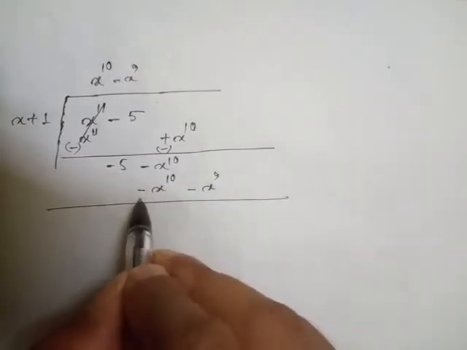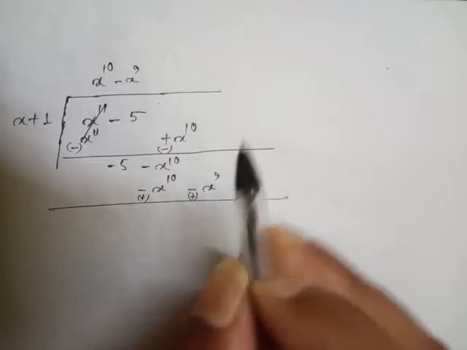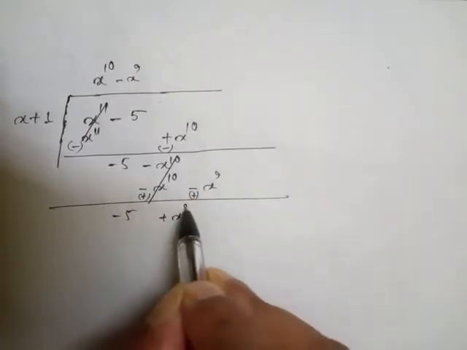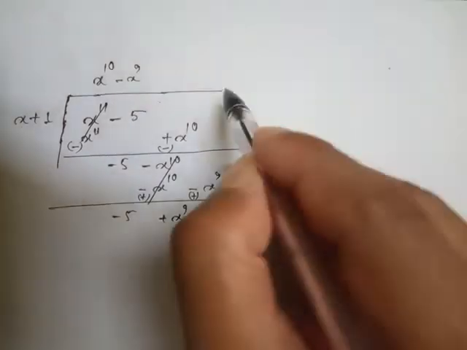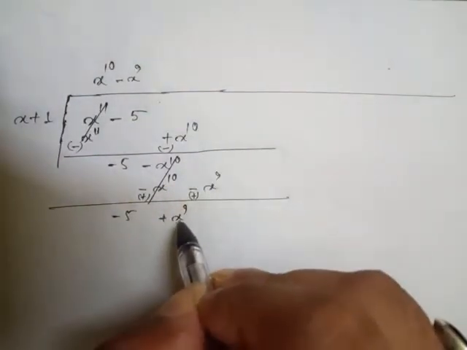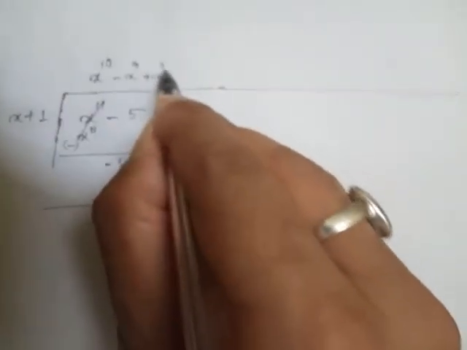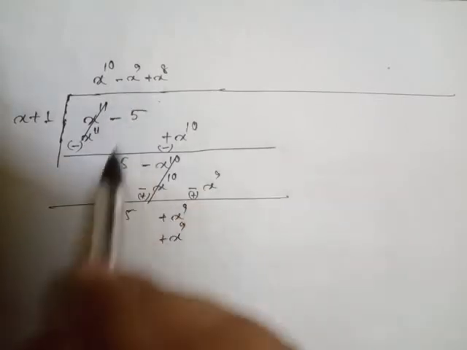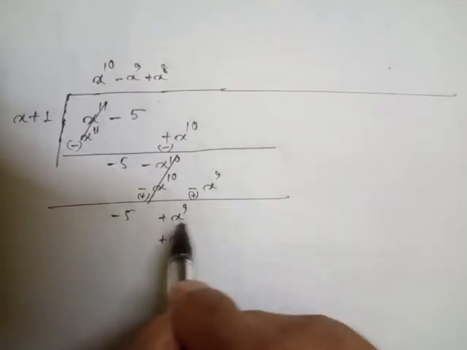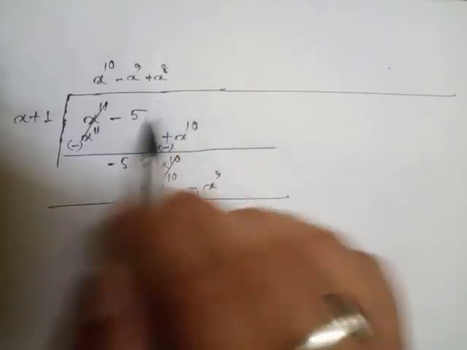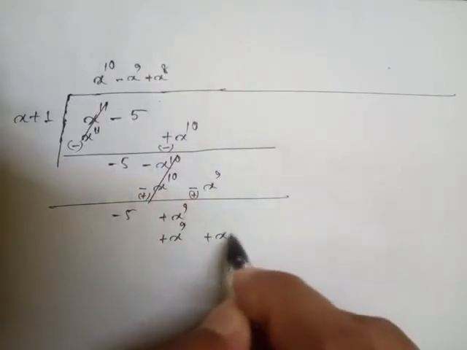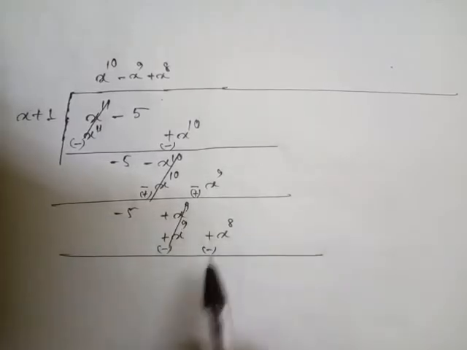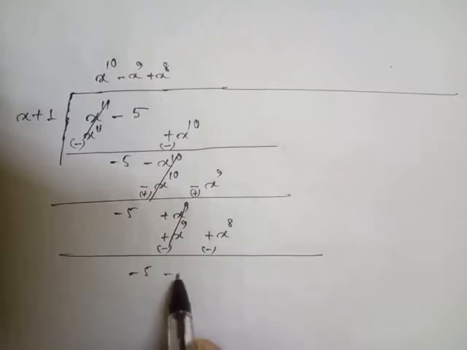Now the next sign becomes plus and this also becomes plus, so this cancels, minus 5, then plus x to the power 9. Next one, student, after that look here at x to the power 9. I will write down x to the power 8 into x, which means x to the power 9, and there are no such terms containing x to the power 9 here, so we'll write x to the power 8 here. This becomes minus, this also becomes minus, cancel. Now minus 5 and minus x to the power 8.